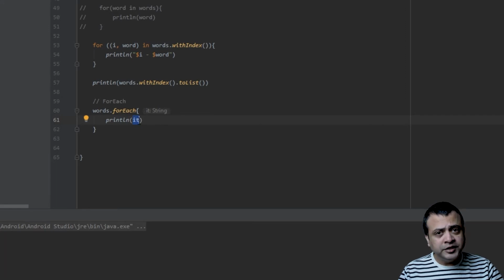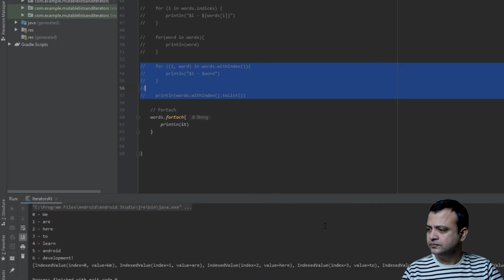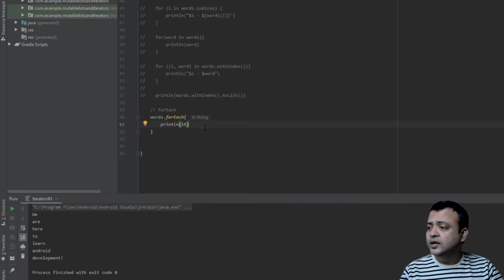As you can see, there is an it variable of type string that is provided to me by the forEach method. On the first iteration of the forEach method, the it variable will contain the first value from the list. On the second iteration, the second value will be contained within the it variable, and so on until the last value is found, at which point this forEach method will terminate. Let me run this program so that you can observe the same. As you can see, the forEach method made our job even easier.